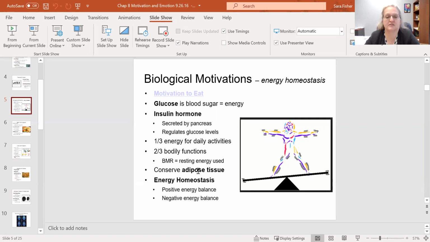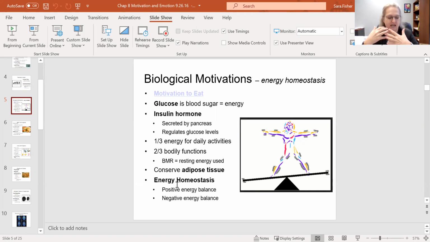So that's what's referred to down here below. You have energy homeostasis, bold letters. Positive energy balance means you have more calories than you need, which, going back to chapter 2, your body does not want to waste anything. So if you have more calories than you need, it will attach those calories to your backside, and it will make adipose tissue, otherwise known as fat. So fat is the way that your body stores up extra energy. Your body does not know that food is everywhere in your life, that you can go to the refrigerator, you can go to the grocery store.